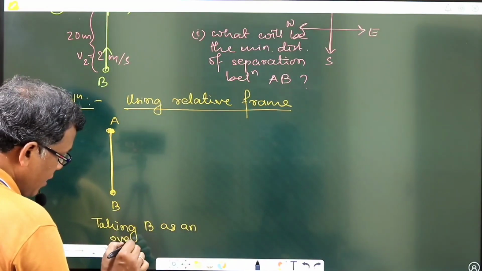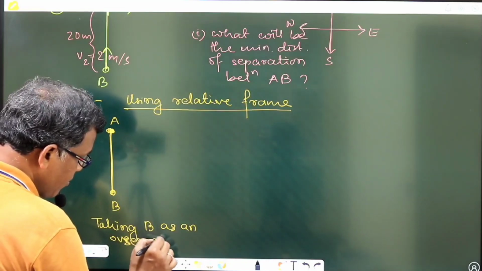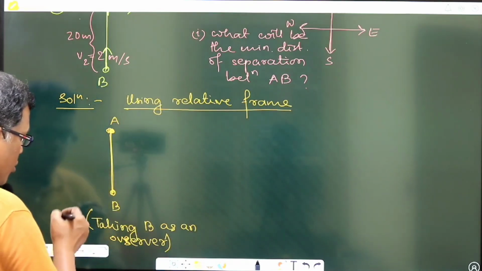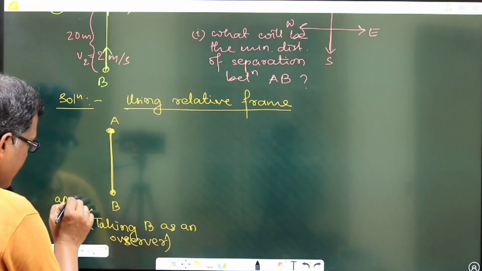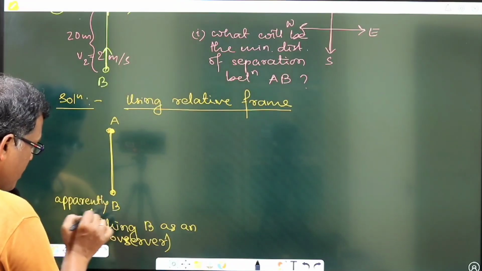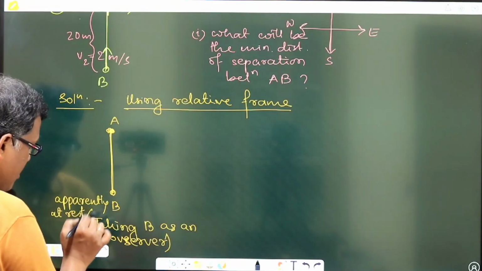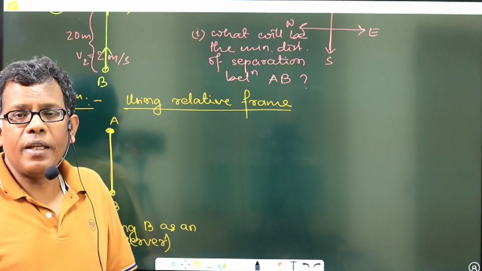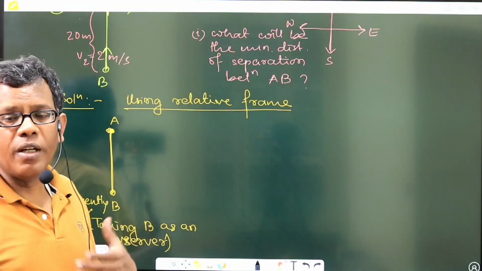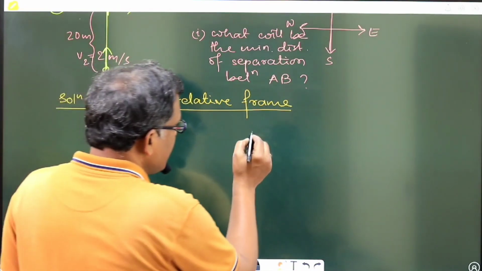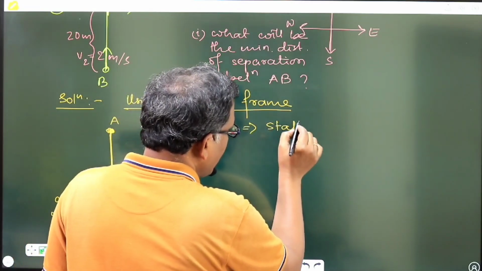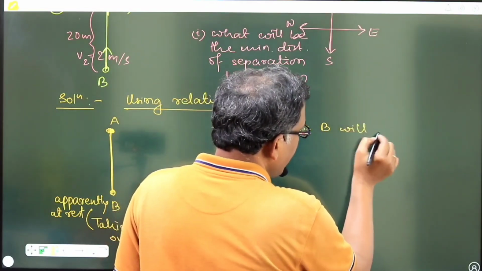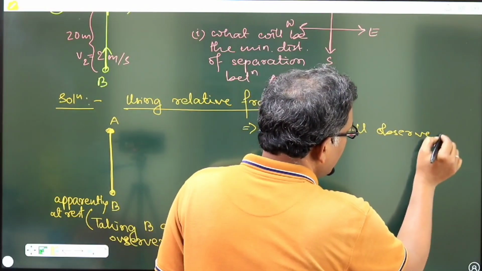right? So obviously, whenever a moving observer is used to explain the observation about other bodies, the moving observer is apparently at rest. During the observation, a moving observer apparently remains at rest. So if I'm taking B as the observer in this case, the state of motion of B during the observation will be static. So though practically it is moving, with respect to the relative frame, static B will observe the motion